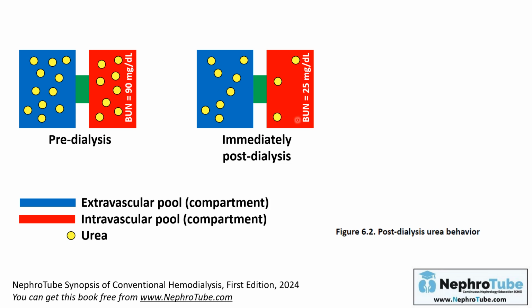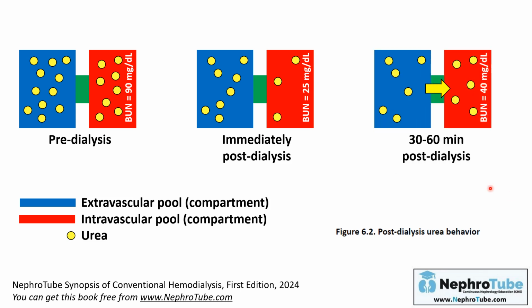So if you take a blood sample from this patient immediately post-dialysis, you will find that the serum blood urea nitrogen will be 25. But if we wait for 30 to 60 minutes post-dialysis, some of the urea in the extravascular pool will diffuse to the intravascular pool, and the blood urea level will be elevated from 25 to 40 milligram per deciliter. So it is important when we take the blood sample of the patient, because